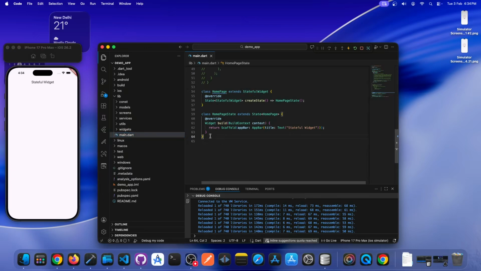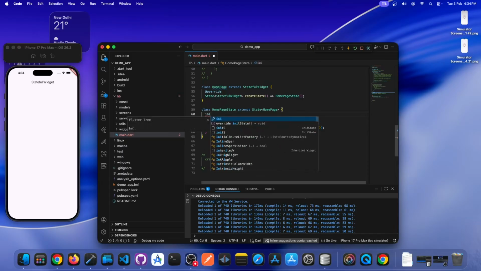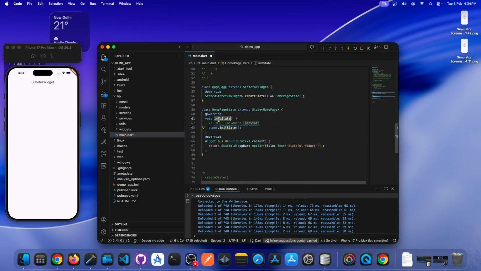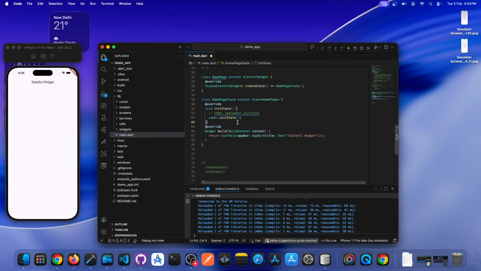We simply write it down here. First it starts from this method, createState. Then initState is called, then what type of method is called,